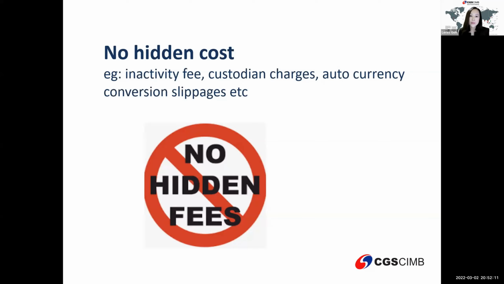So basically, what it means is, let's say you put in a Sing dollar in your account, okay? And then you want to buy US shares, you want to buy Hong Kong shares and all that. In cash market itself, normally what happens is that, let's say I want to buy Facebook. When I want to pick up my shares, I need to convert my money to US dollar to pick up. And after I sell it, my proceed, I'm going to convert back to Sing dollar.